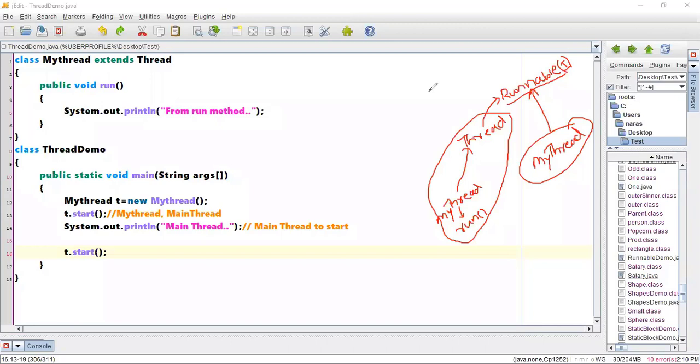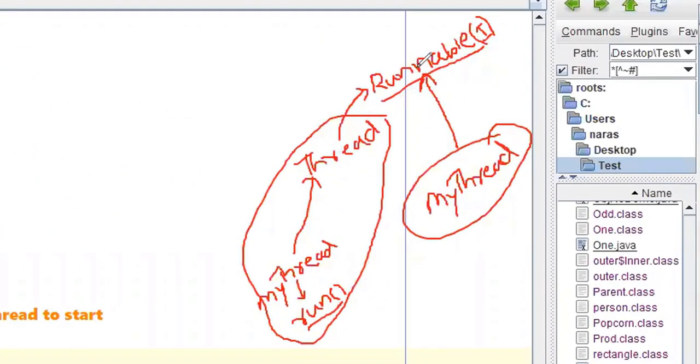Okay, now can I say that interfaces will be having abstract methods? Abstract method means there will not be any definition written, only the declaration of a method will be there, right? Now keep one point in mind. This particular run method, when the thread class is implementing runnable, I am saying that this run method is the abstract method of the runnable interface, right?